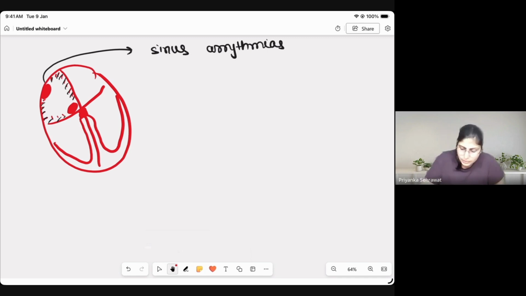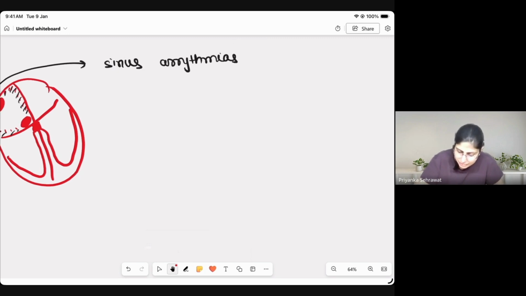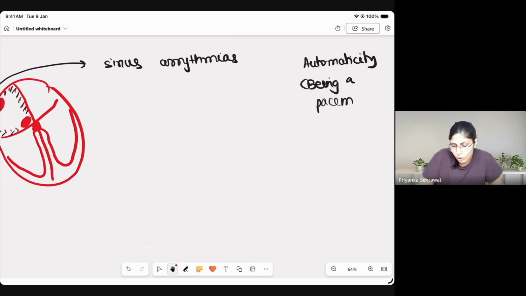So there can be two things which can lead to arrhythmias, or in fact, three things: automaticity. Automaticity is being a pacemaker. Now, naturally or normally, our heart has only one pacemaker, that is our SA node. But sometimes in some conditions or due to some drugs or some congenital conditions, rest of the part of the heart also try to be the pacemaker. Pacemaker is the tissue that generates the electrical current. Whatever generates an electrical current is called a pacemaker.